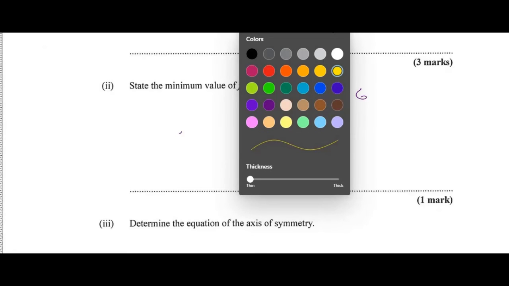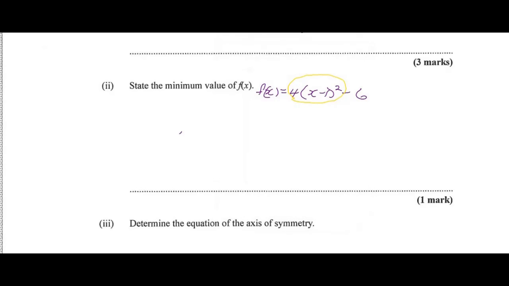It will always be positive. So this will be a minimum when this is 0. So it is a minimum